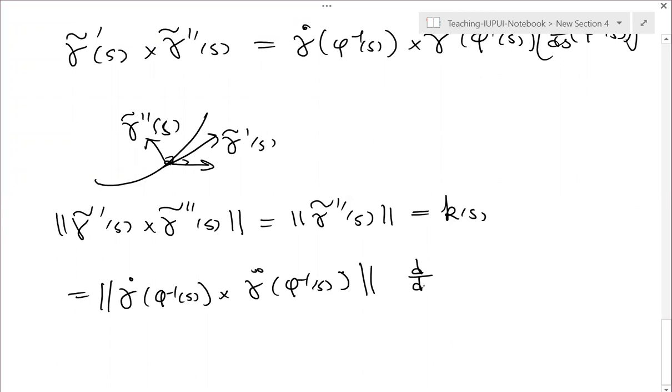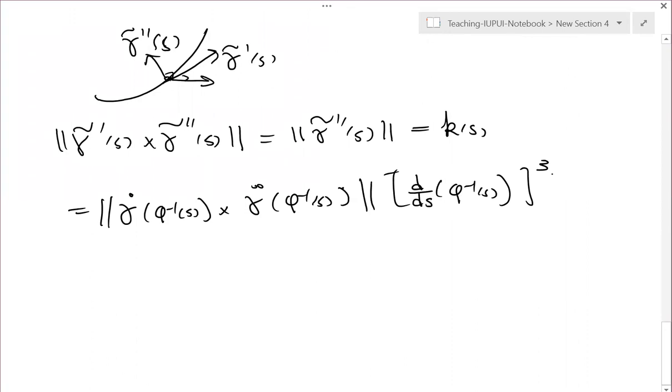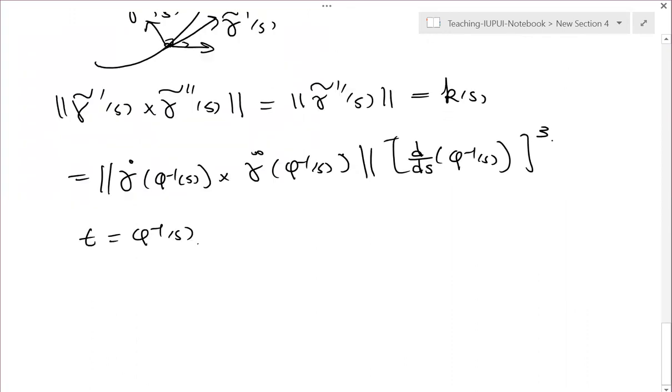and this is a derivative of s. Now I'm going to change this. We know that T equals this. There's a famous formula in calculus 2. So the derivative dT/ds is going to be